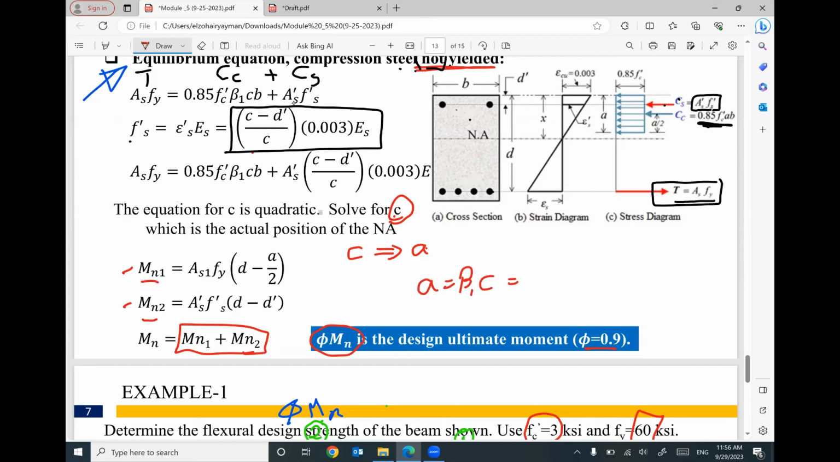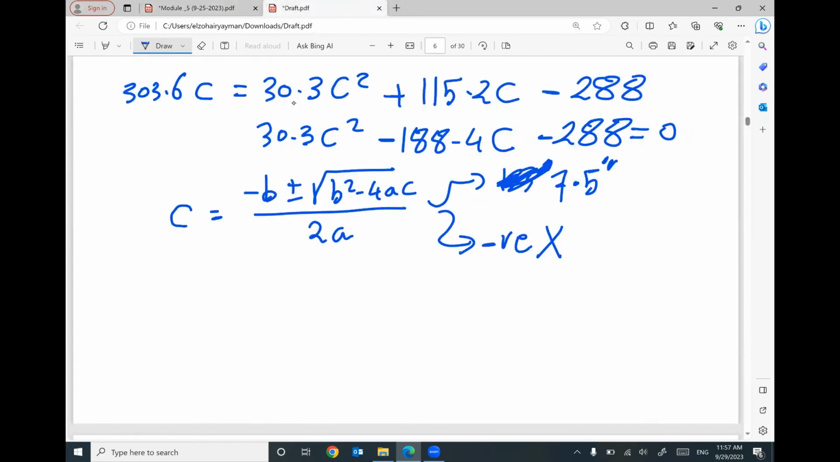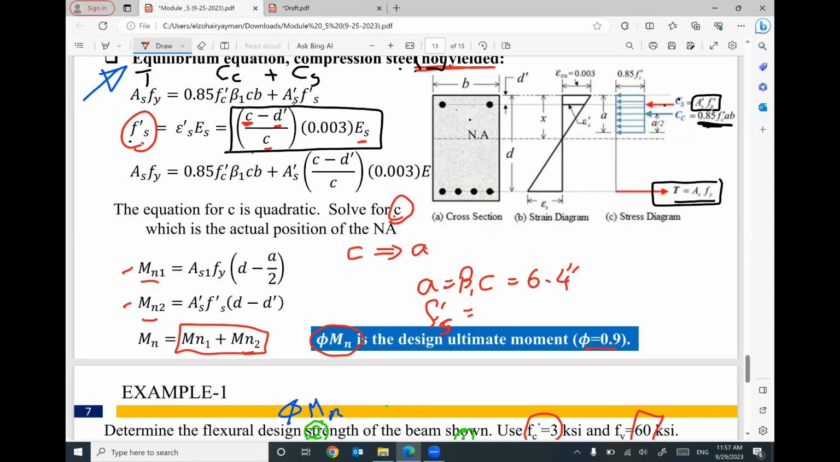So your value of A equal 5.85. I got A equals 6.4. Also, I can find the value of f prime s, I'm sorry, this value. Go ahead and put the value of C, the value of d prime, the value of E still, I can find it. So the value of C equal 7.5. 7.5 minus d prime 2.5 divided by 7.5 times 0.003 times 32,000. I got here 64